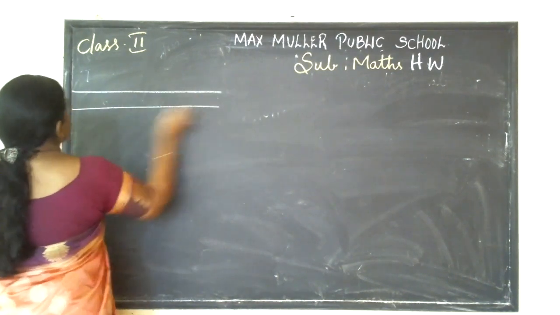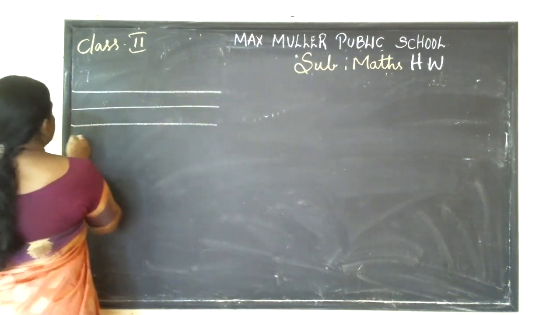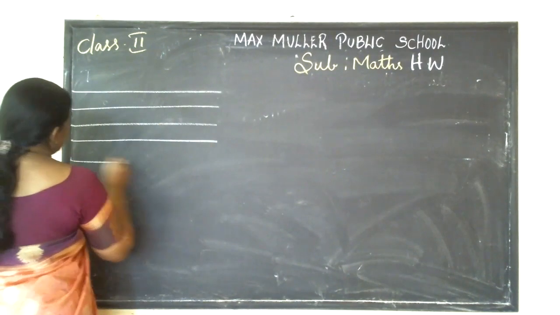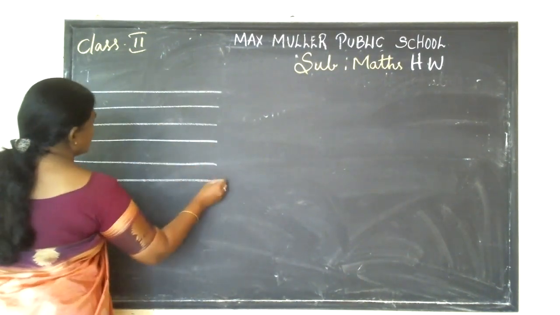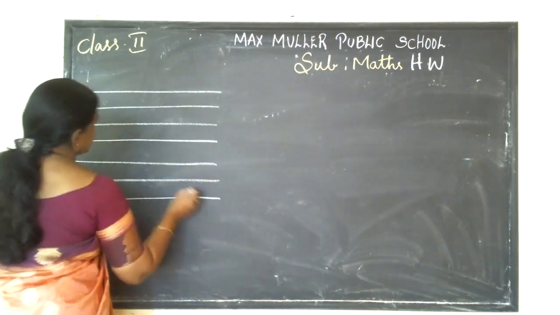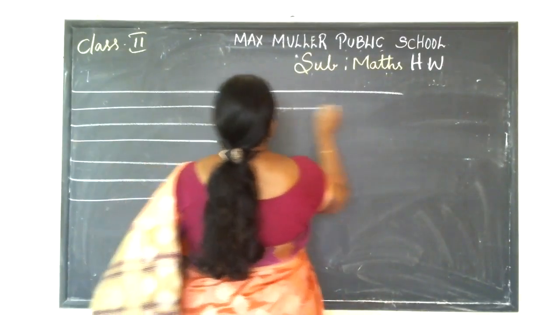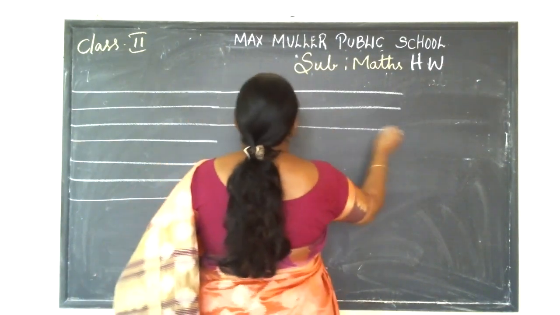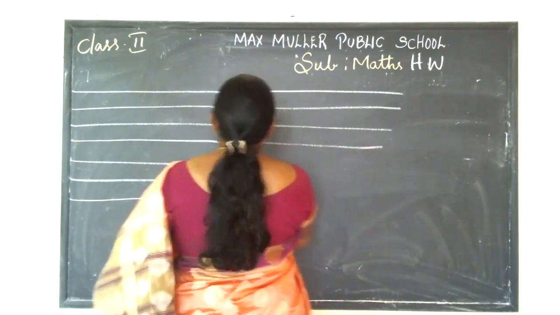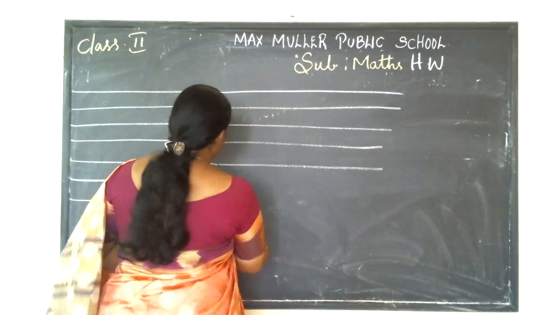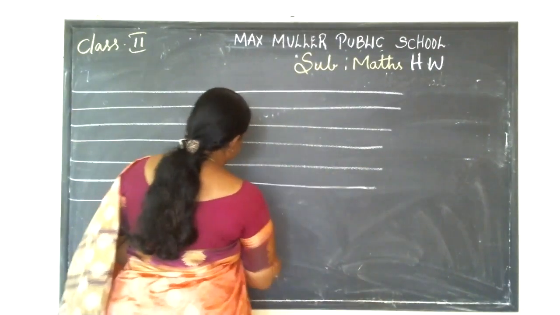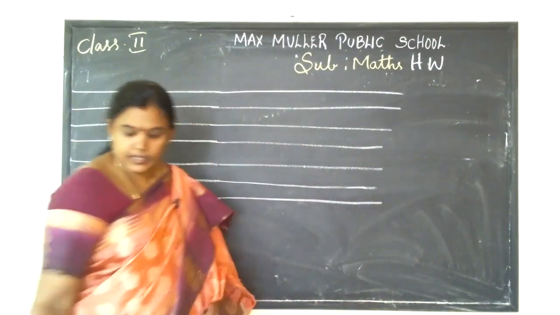Write neatly. Last class I gave the number names to children, 221 to 240. Today I am going to give 241 to 260. One time you want to write. Fresh page, you want to write in the fresh page. In one page only you want to continue, finish it. Don't go to next page. Understood, children?